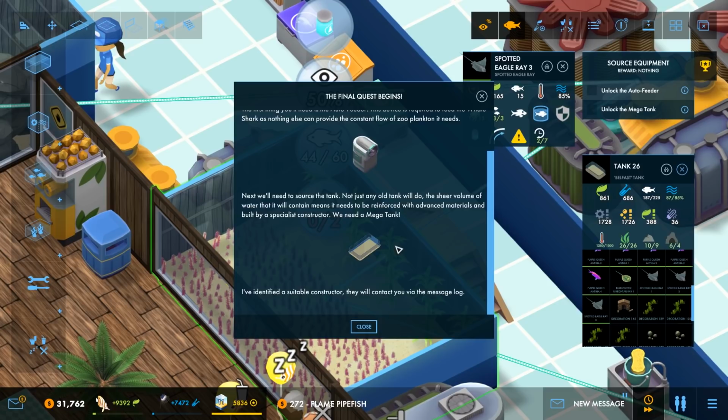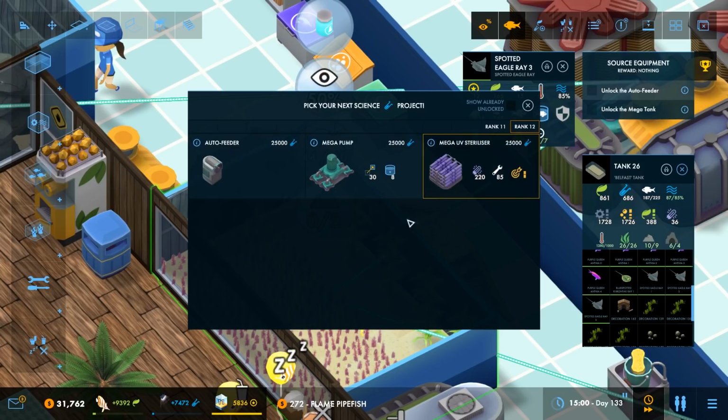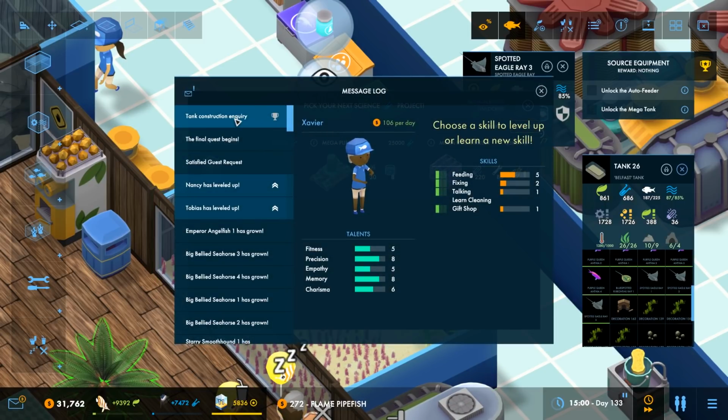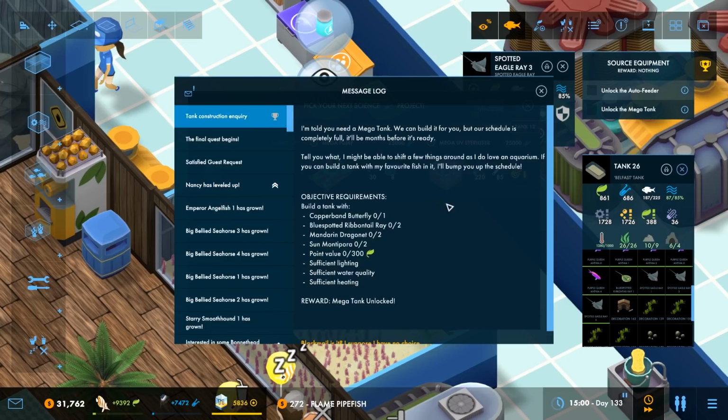Wow. So we can't just... Well, I guess we need to research it. Let's have a look. So, auto feeder in the mega tank. Got a mega pump. But we don't have a mega tank, so I'm guessing that we will get... just sort these guys out. Feeding. Tank construction inquiries. So...